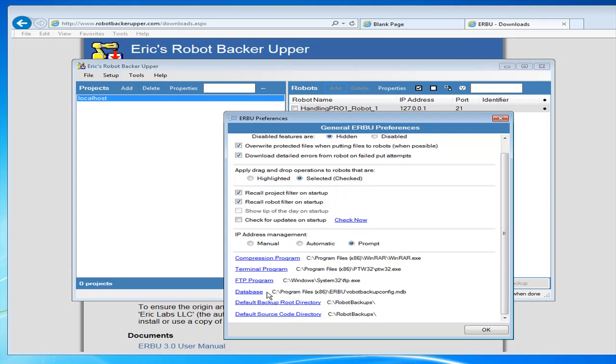Here are all the third-party programs you can assign. The compression program, for when you want to compress backups. Terminal program, the one you're going to use for Telnet, KCL, SMON, that sort of thing. FTP program, if you want to use something besides Robot Backer-Upper to get into FTP. The FTP in Robot Backer-Upper basically just goes out, backs up the robots, and it's done. If you need to do other things in there, like change folders or add folders, you can